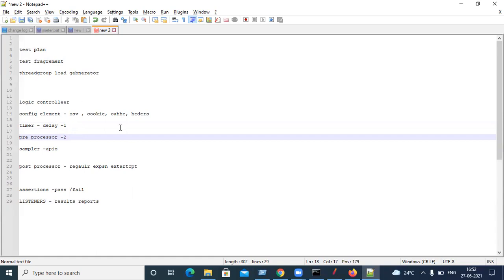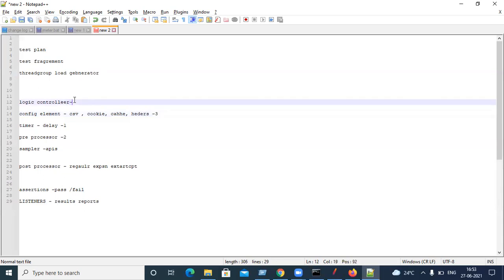Not sure. That may be logic controller. Don't know. Maybe from last, samplers will be last. I'm not sure.